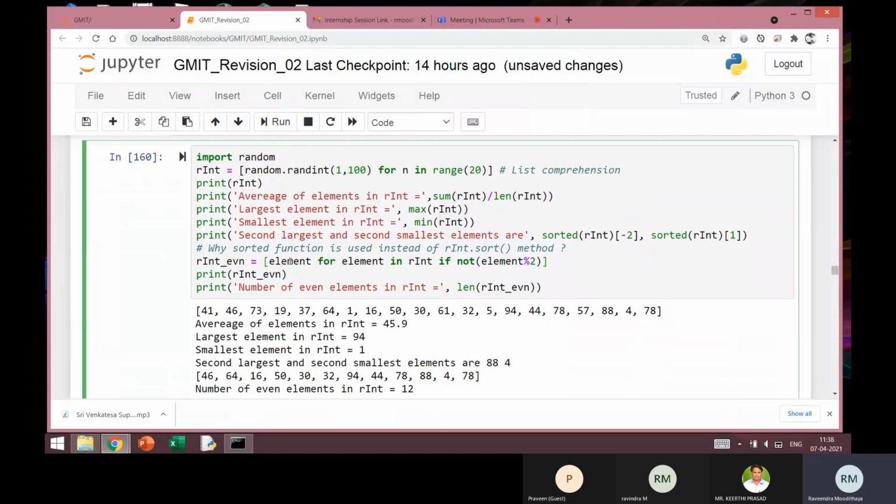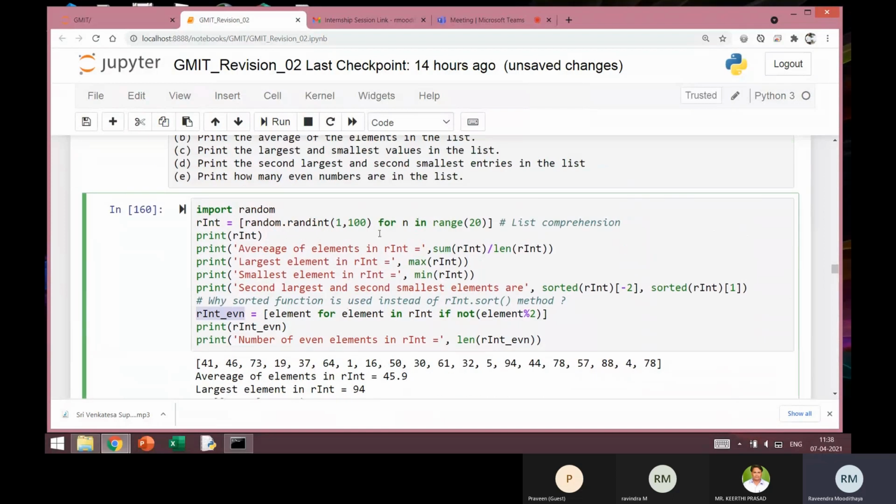This is not required, just a slight extension of the problem statement. So in r int even, I am creating a list which contains all the even elements in rint. So how are these even elements to be extracted?